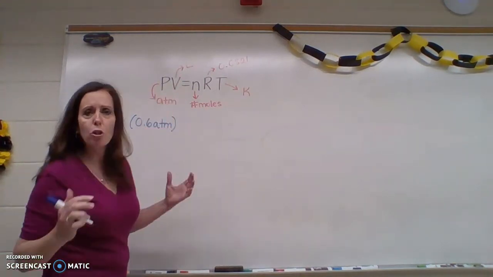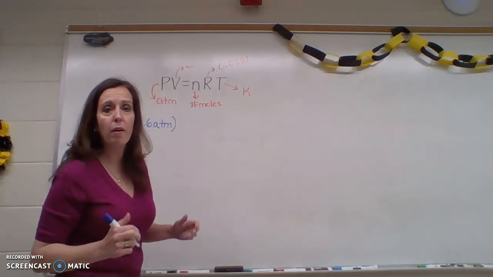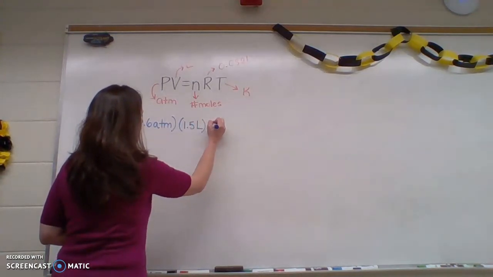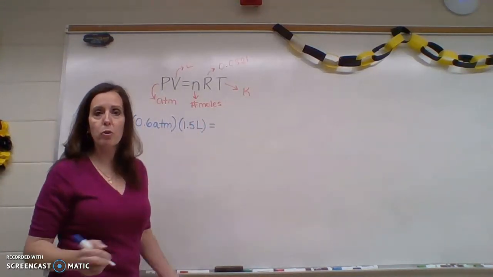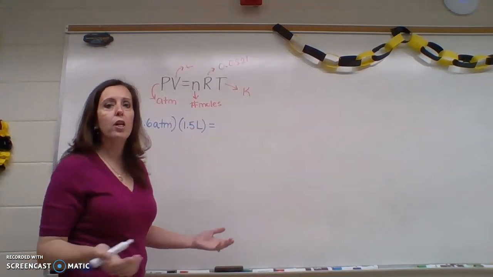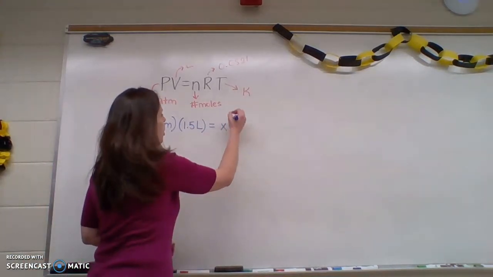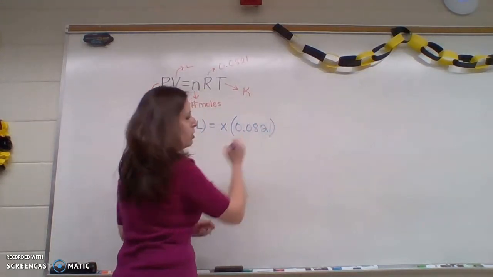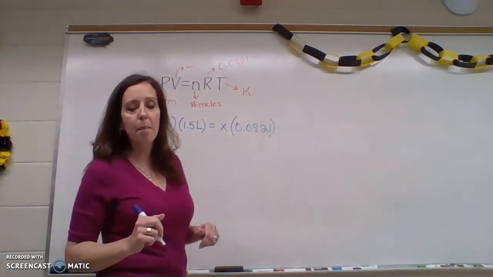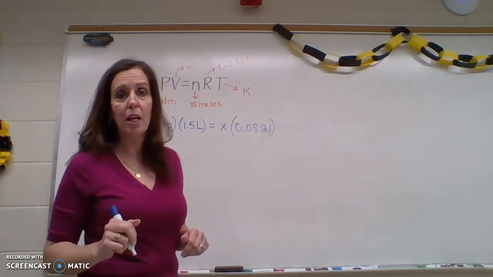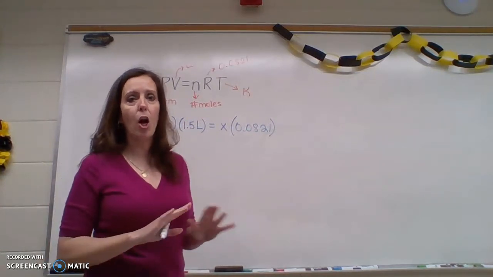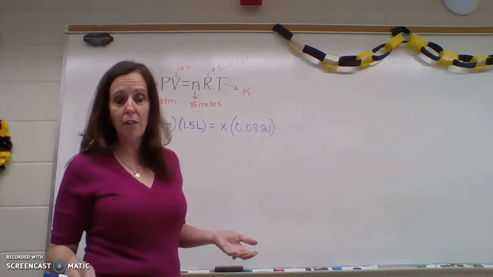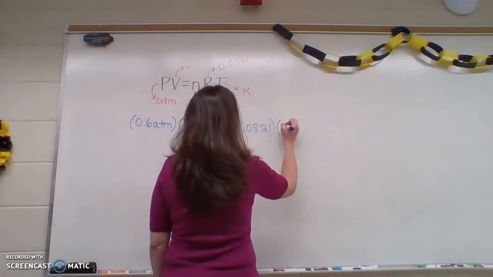Volume in liters. I'm searching the whole problem, and I see 1.5 liters. So I can put that in for volume. Number of moles. That's what I'm looking for. So that becomes my X. R is always this weird number. So I just put it in there. And then the temperature I gave you is 25 degrees Celsius. And you know already that all of our gas stuff has to be in kelvins. So I'm going to add 273 to that. And I get